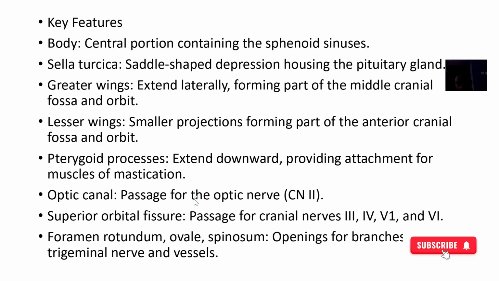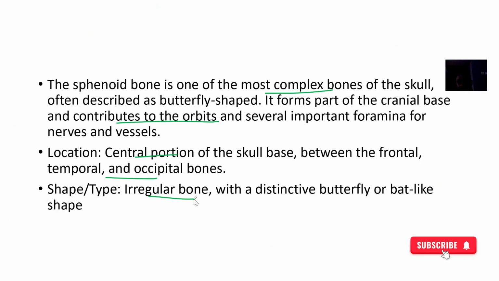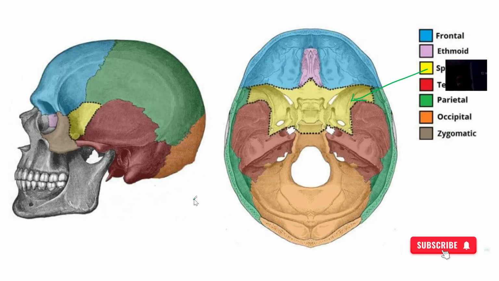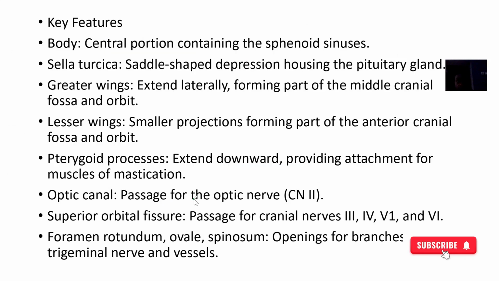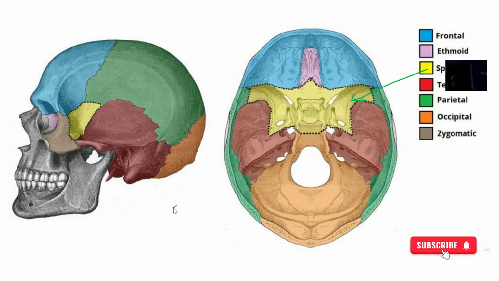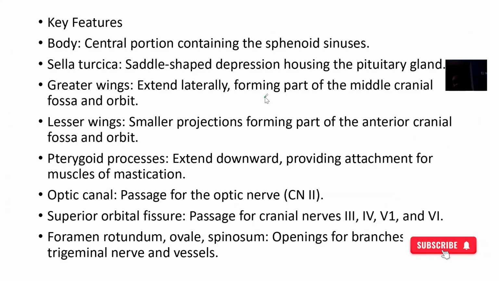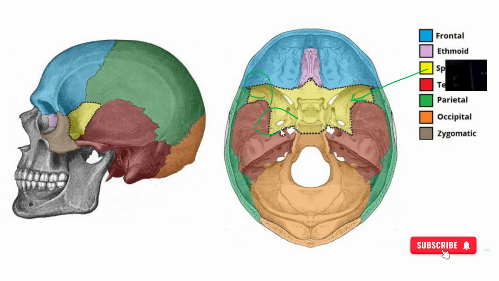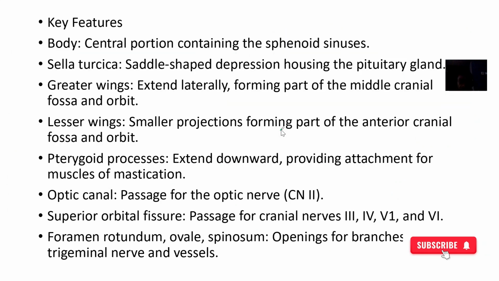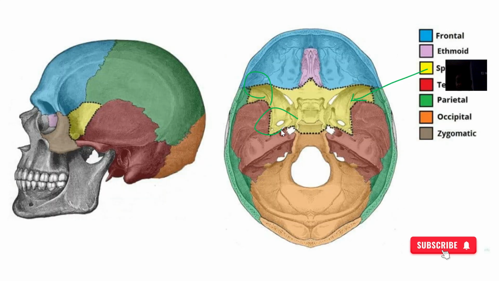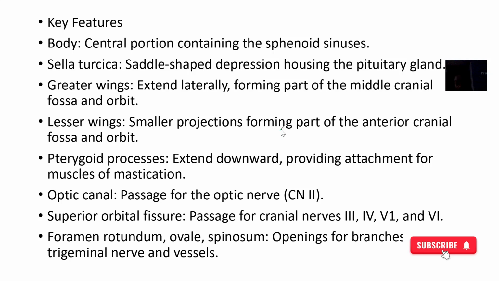So what are the parts of these bones? It has a body, has a sella turcica. Don't worry, we'll make a special video to talk about the parts. It has greater wings, the bigger wings. Okay, you could say these ones. It has lesser wings. You could say these ones are the down. The pterygoid process, the optic canal, the superior orbital fissures, the foramen rotundum, foramen ovale, and foramen spinosum. Okay, so those are all the foramens you actually find